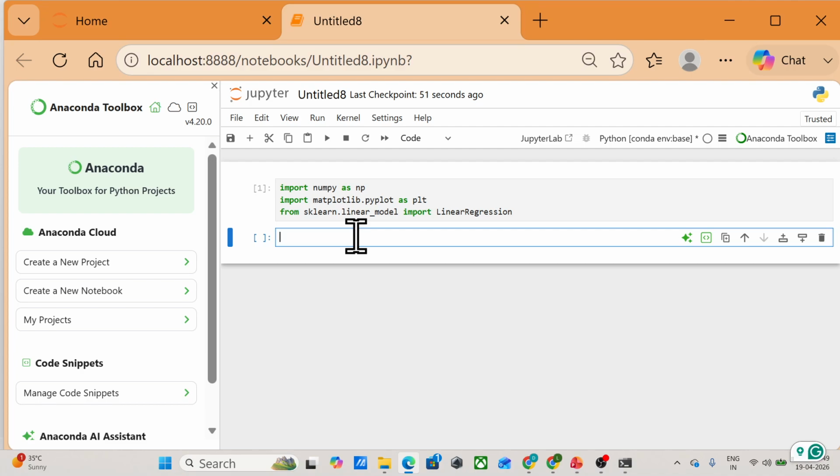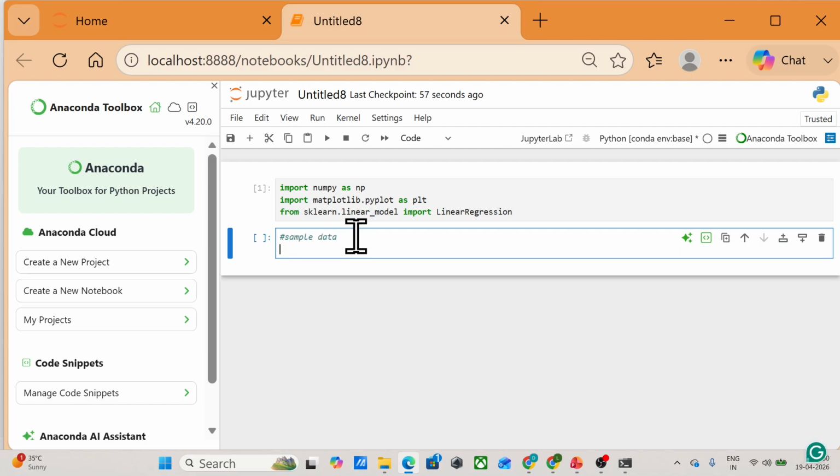Once we are done with that, we will take sample data. So we can take x, we'll take 1, 2, 3, 4 and 5.